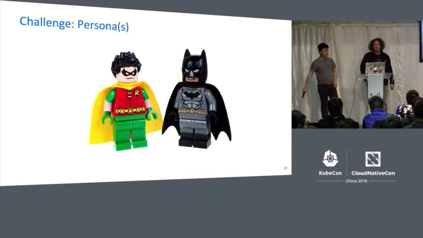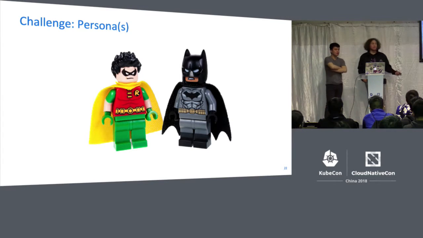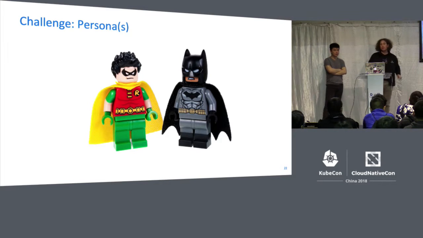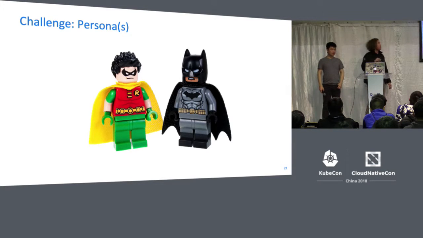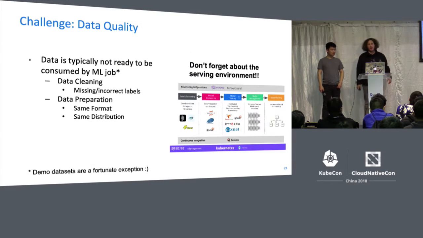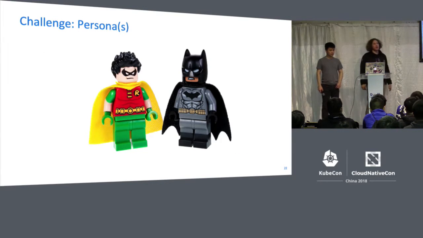Actually, this is what the next slide is about. The data scientist himself wants to be the superhero writing really cool code. And he shouldn't have to worry about distribution or distribution strategies. He should really be able to focus on his models. And this is why we typically see different personas being introduced. And so he needs a side gig helping him to still be this really cool superhero. And this is typically referred to today as a data engineer.